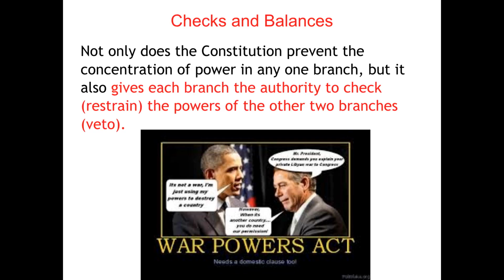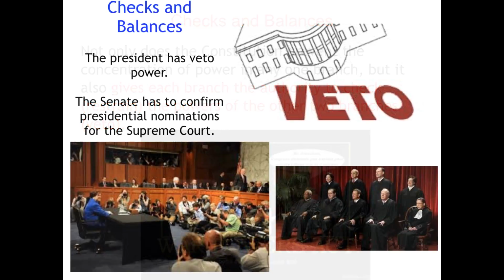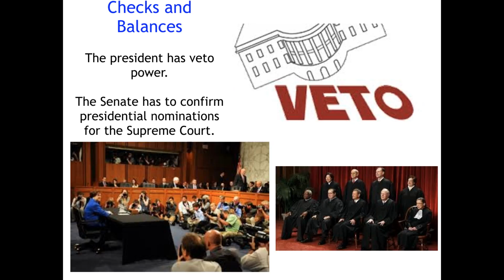Now, at this point, the president has probably already told Congress that he or she is going to veto, and so therefore Congress has already probably made the changes that would make the law more palatable to the president, but it doesn't always happen. And the reason that Congress doesn't really take the risk is they know that the chances of overcoming the veto, or overriding the veto, which requires a 2/3 vote of both houses, is probably nil and none. So the president has the veto power.